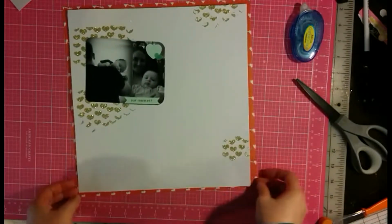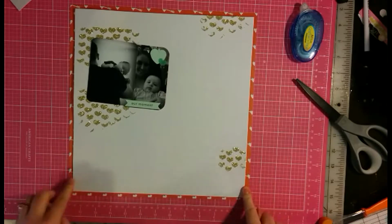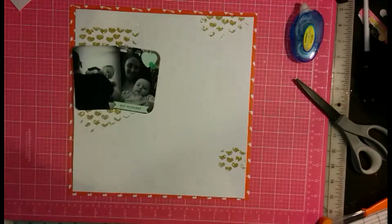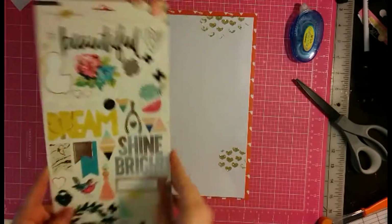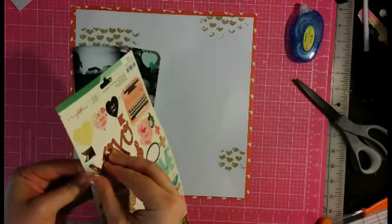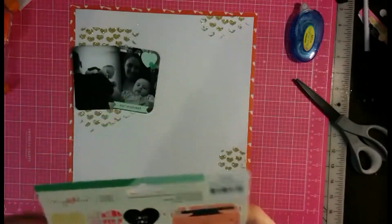I trimmed out the back of that pattern paper so that I could use the B side in another project because it's so pretty. And then I know my photos are going to go there. I am kind of recalling from the original layout that I'm scrap lifting myself from. And then I pulled this XOXO from the Maggie Holmes